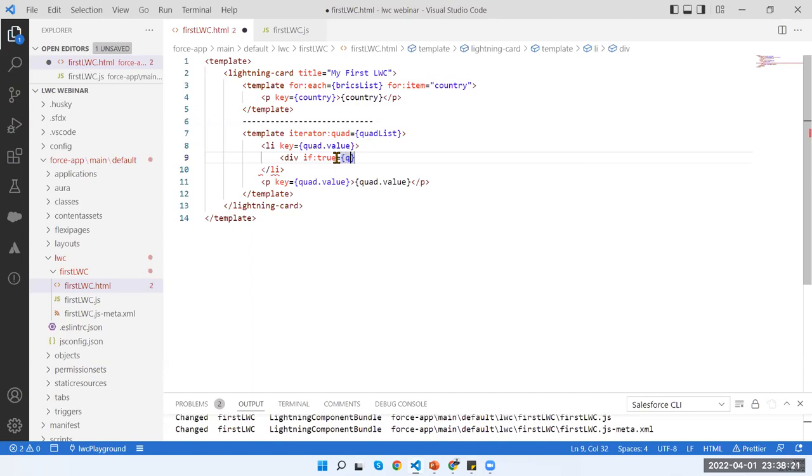So if the value is first, I want to show a class of SLDS border top. So I am showing a top border here,